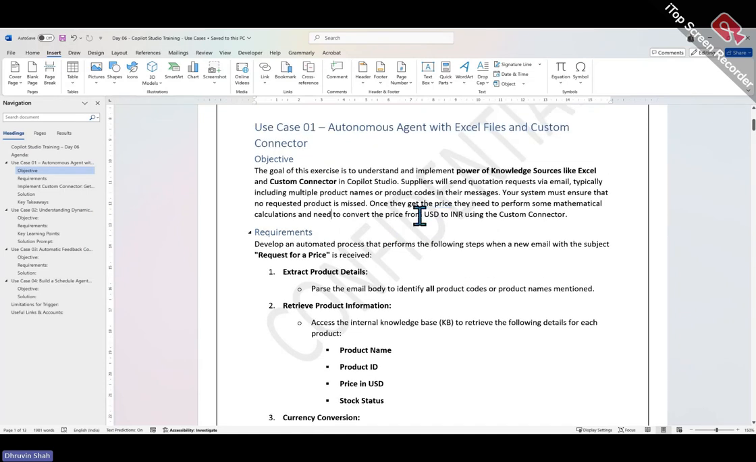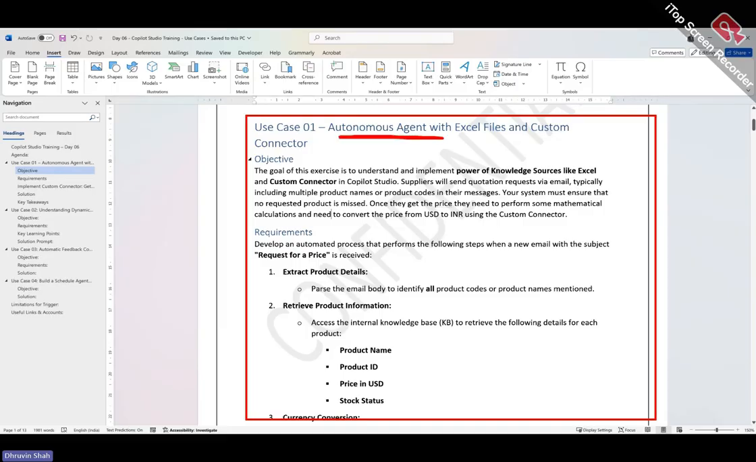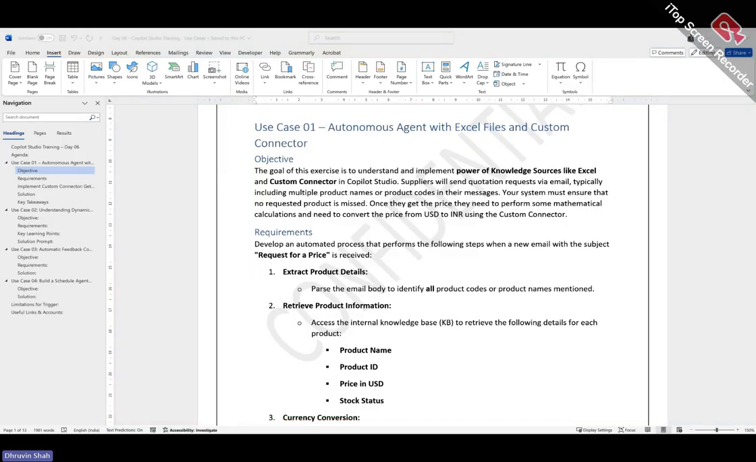So the main thing I wanted to explain here is we want to build an autonomous agent with Excel files and custom connector. This is something which we are doing for the very first time in all the use cases. So first of all, let me show you the Excel outcome which I wanted to use to train my knowledge